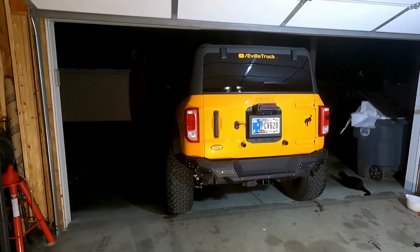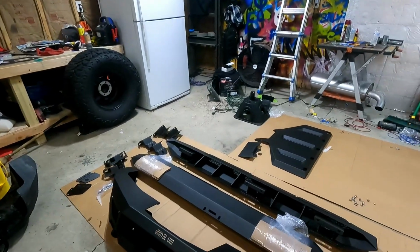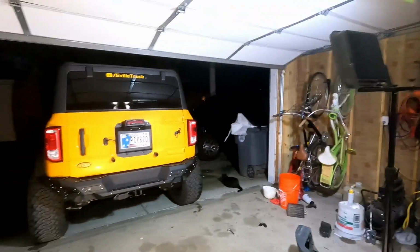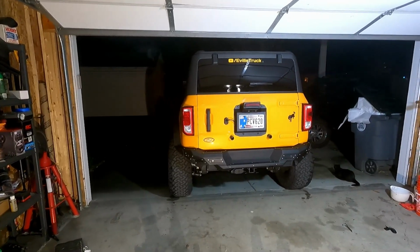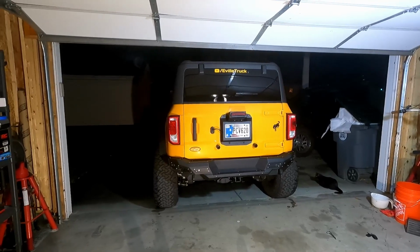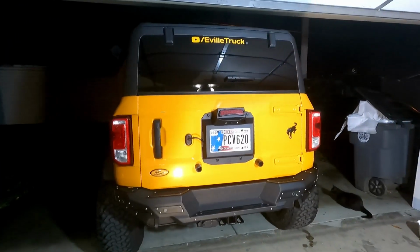So I don't know, but I think I'll just leave it with chrome for now, because hey, that's what we were going to have on the front bumper and the side steps, everything. So just keep it as it comes, how Bodyguard intended it, and see how we like it and go from there. But yeah, so far I am very impressed with